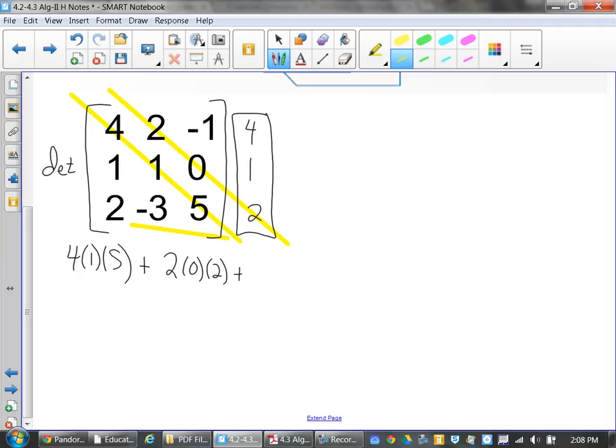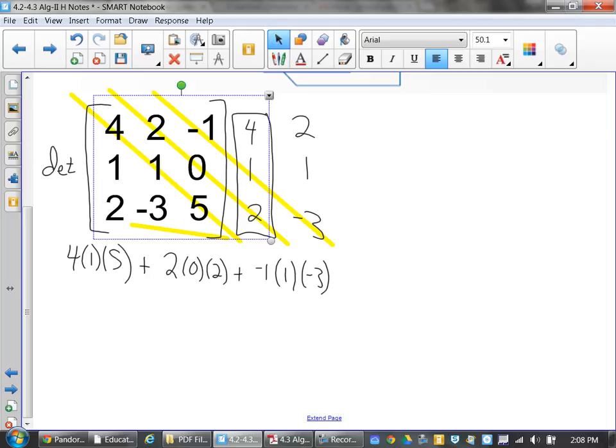Yes, Aaron? Yes, because now I'm going to take the second column and do it again. Because now I can take it and get the last of the 3 downward diagonals. Making sense? What's happening here, if you want to see it in 2 different ways, is that I'm taking,